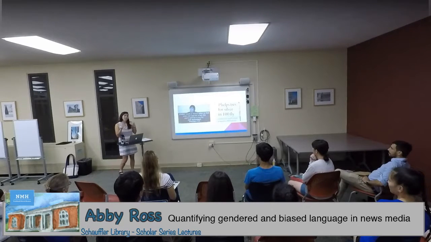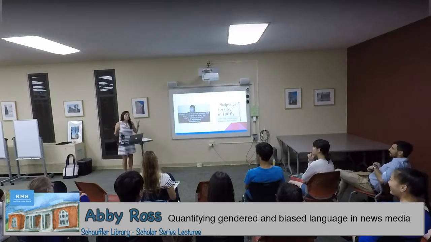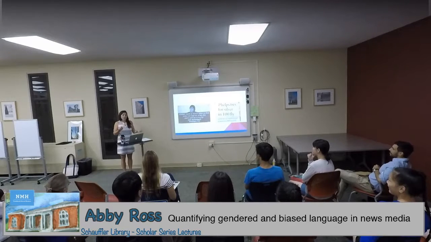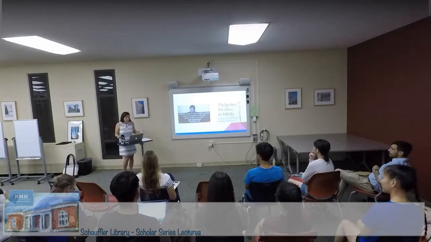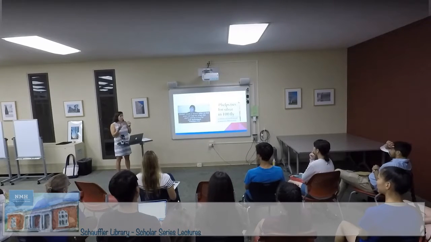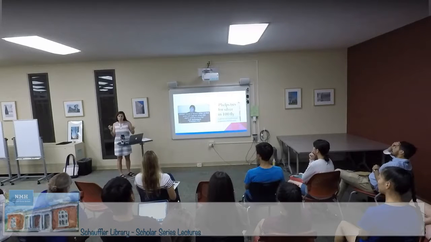So I was in grad school during the 2016 presidential election and all of the run-up to it. And I kept seeing things on TV that were really frustrating me, every day. But I didn't know if I was being hypersensitive. People are saying really mean things about women all the time. People are saying really mean things about people of color all the time. And I didn't know if I was just being hypersensitive or if there was really something there. And I figured there really was something there, but there wasn't really a way for me to figure out what. So that's kind of the goal of this.